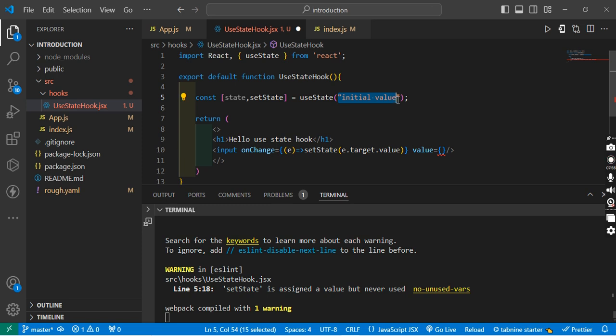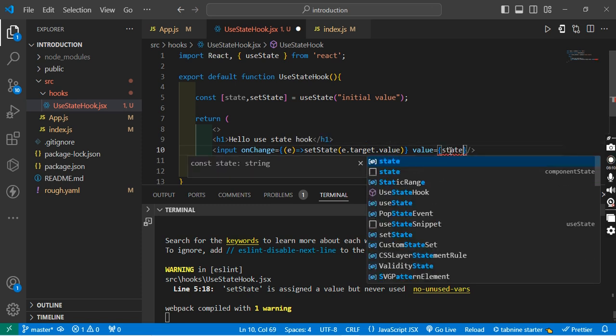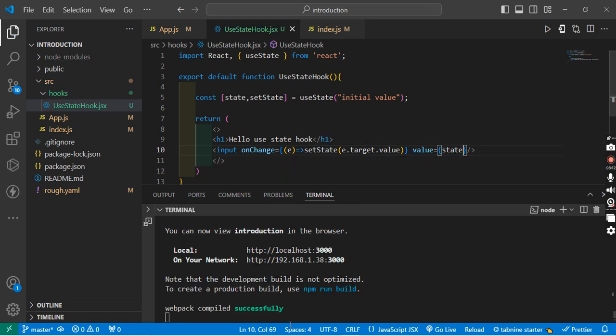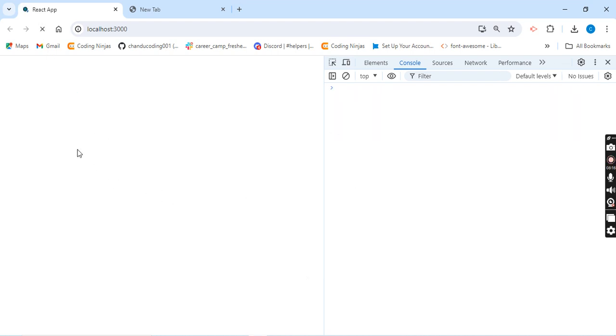Instead of the initial value, it will put this value over here. So the state is going to be updated automatically. The state is the initial value, right? I'm removing this thing. Now it is working